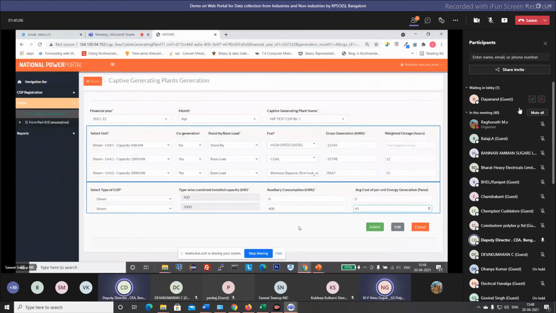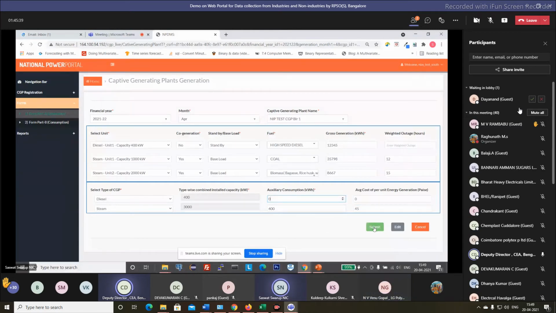Yeah, those only. They are auxiliary for the generation, not your lighting and all. Oh, okay, only for generation. Yes, also for DG sets. DG is not there, no? That's why we are not keeping it. For DG, you leave it. For a DG set also, it needs some auxiliary consumption, cooling water consumption. If you have, you mention it. Normally, the small DGs will not have any. If it is for more than 500 kVA, you can mention it. If it is available, you mention it. Okay, thank you. I'll just submit.